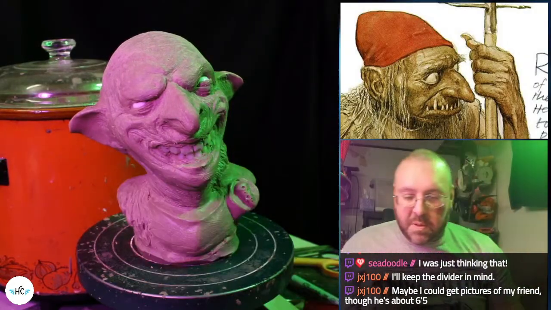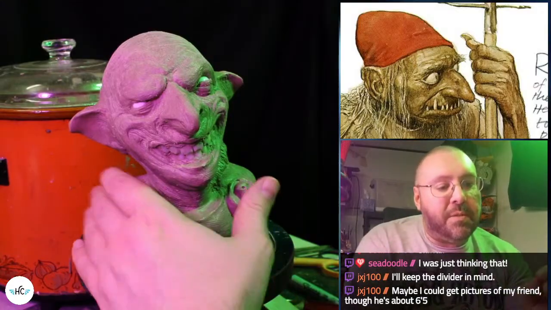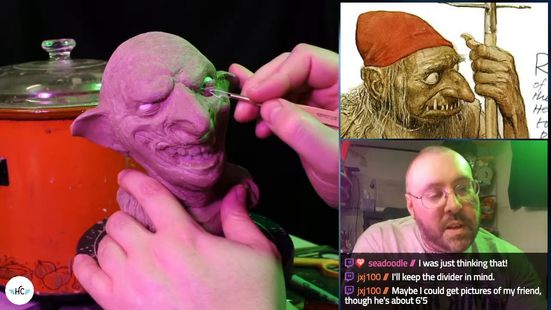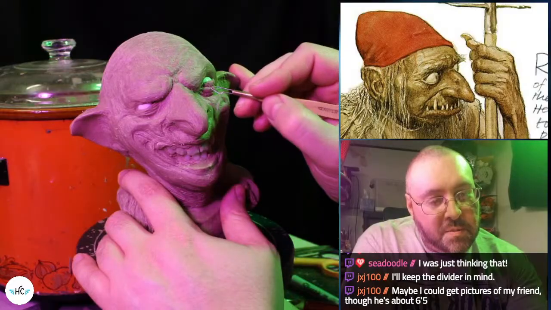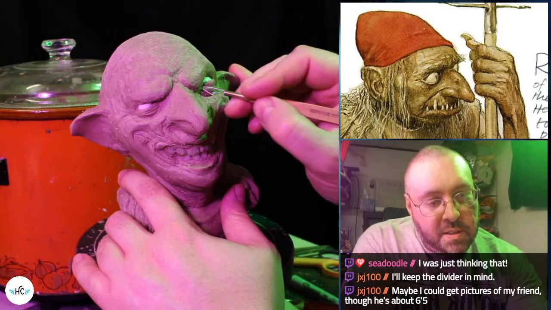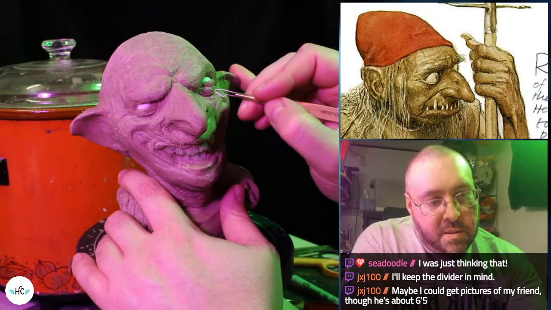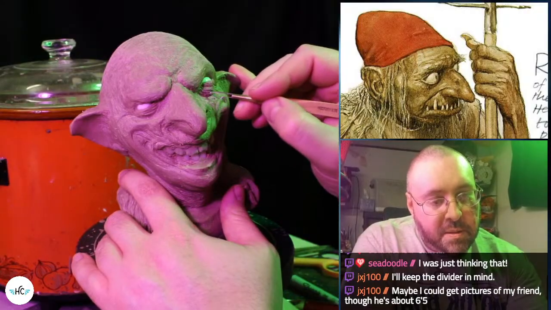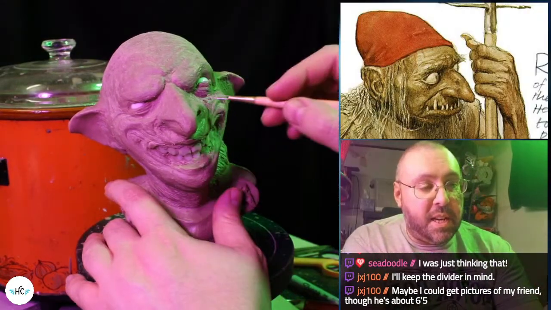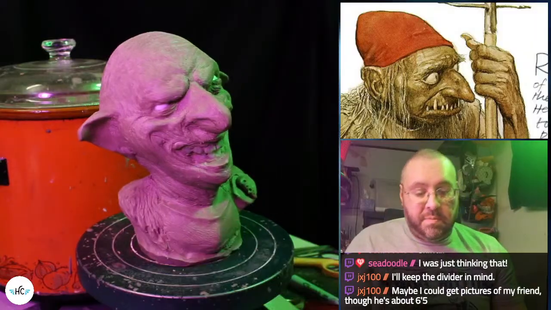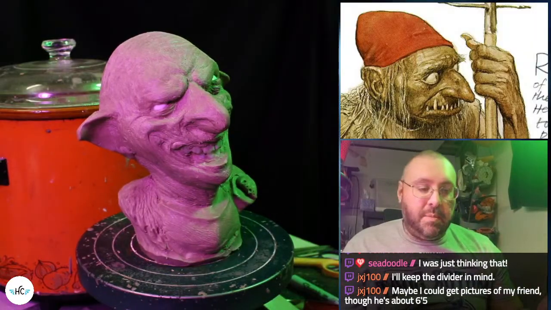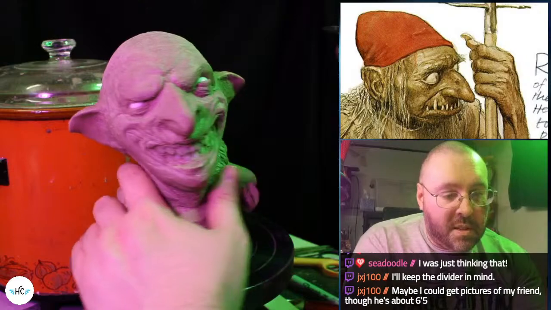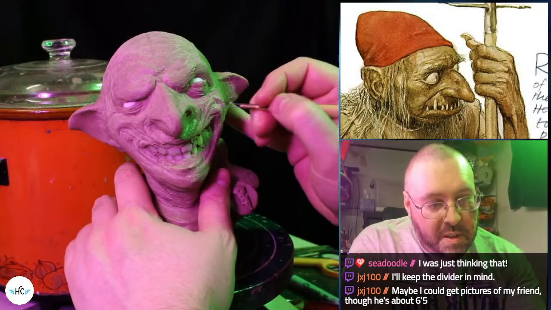The only real caution I would give for the dividers is if you're using photographs from the internet for reference, or basically anything that you didn't take, just stick to one image to use the dividers on.